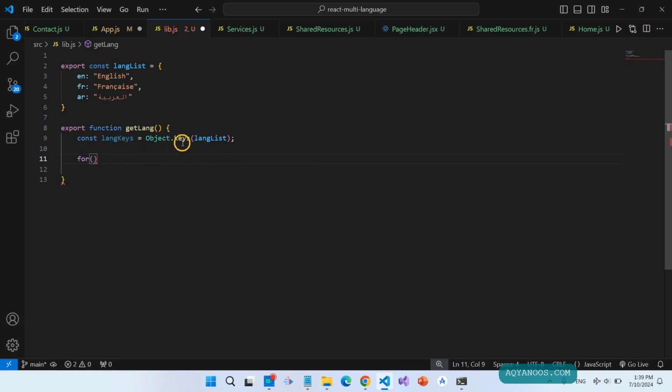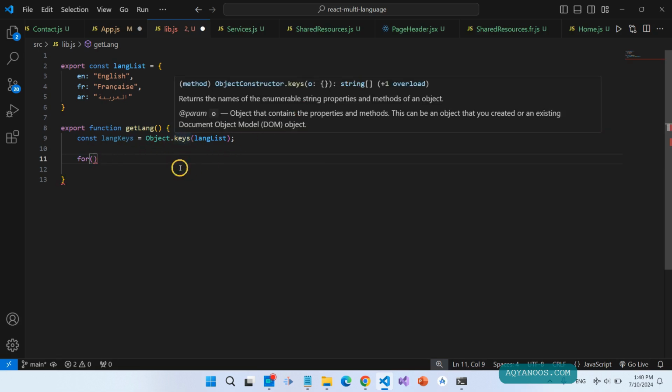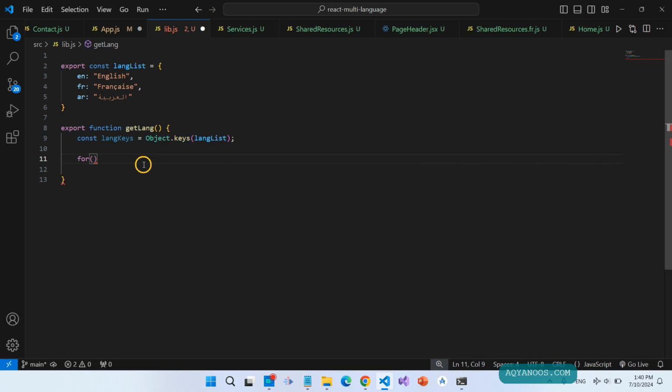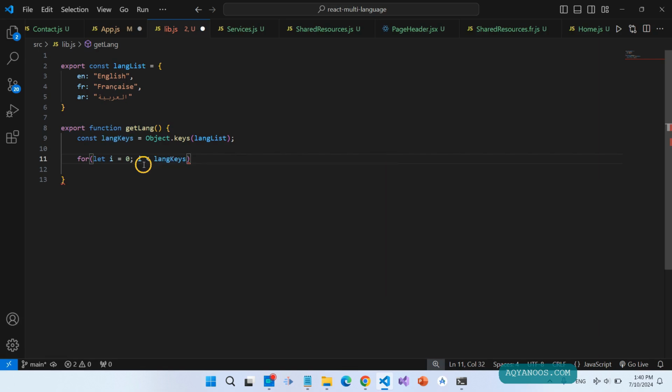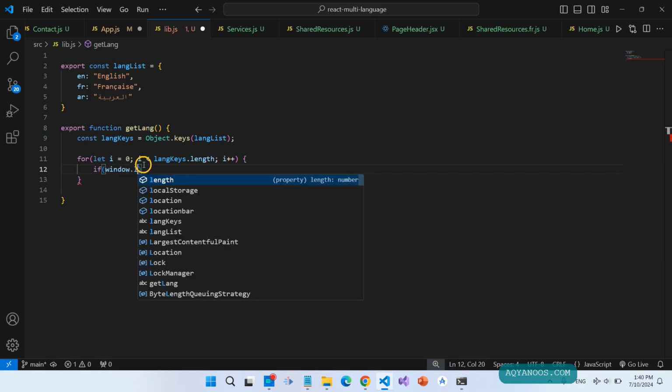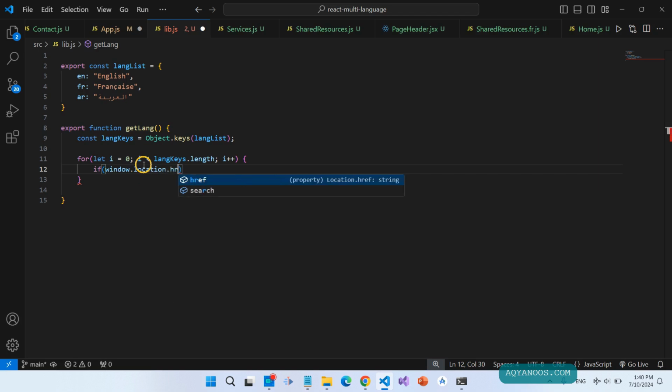So Object.keys returns a list of strings, so we can loop over that. Let i be 0, while i is less than long.length, i plus plus. If window.location.href.includes long key i,